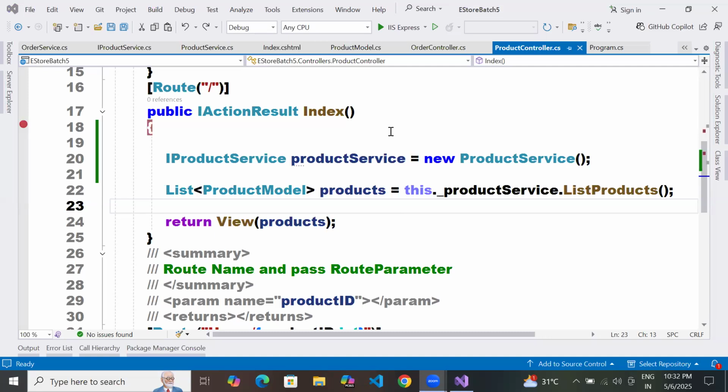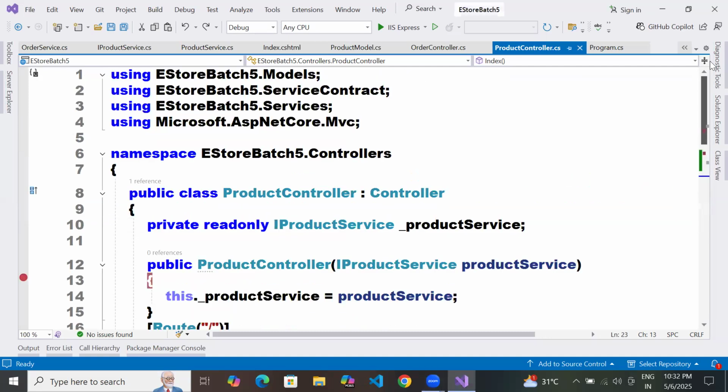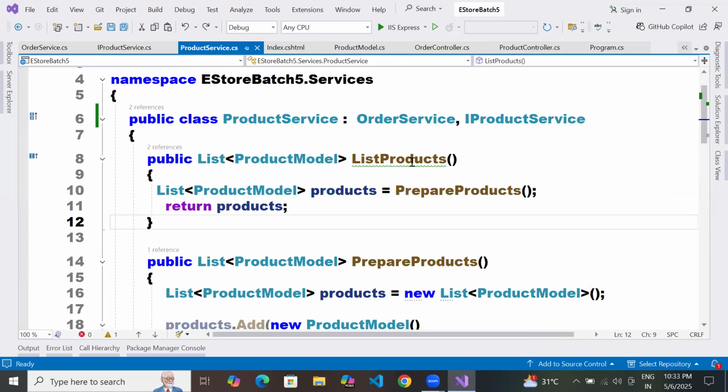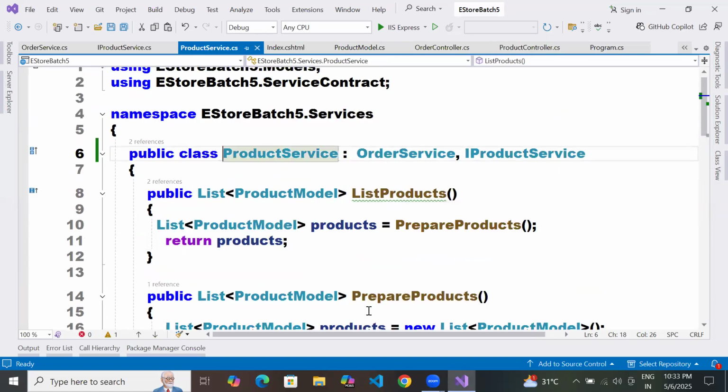Benefit, you can write private methods in this and call them. The benefit you are looking for is about the product service and order service mapping, right? Tell me what benefit you are actually looking for.